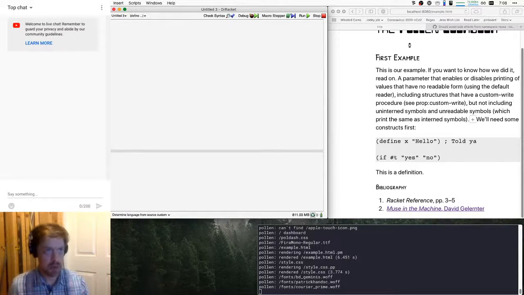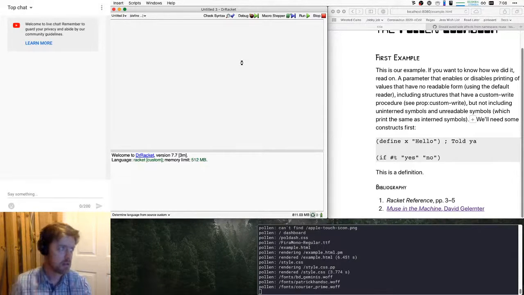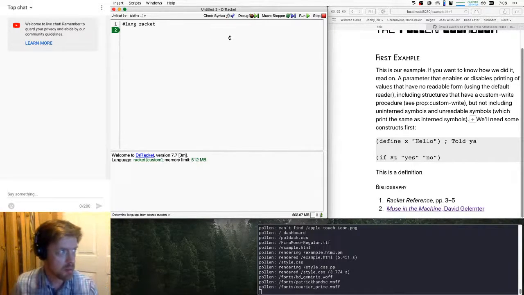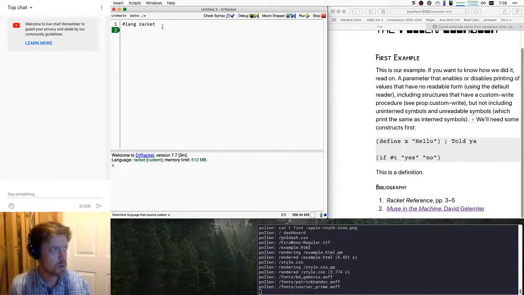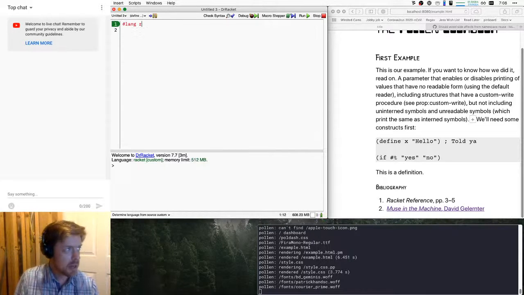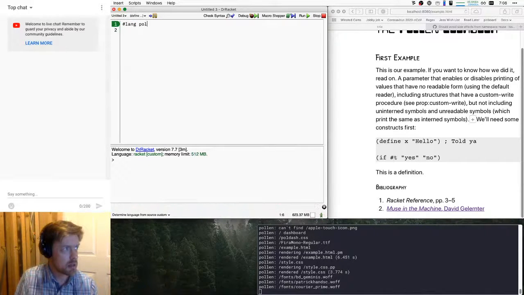I apologize for my computer being so slow today, but maybe it's time to upgrade. It is a bit of an old laptop. Okay, we're not playing Racket, we're playing Pollen. I may end up switching to Vim if it persists, but